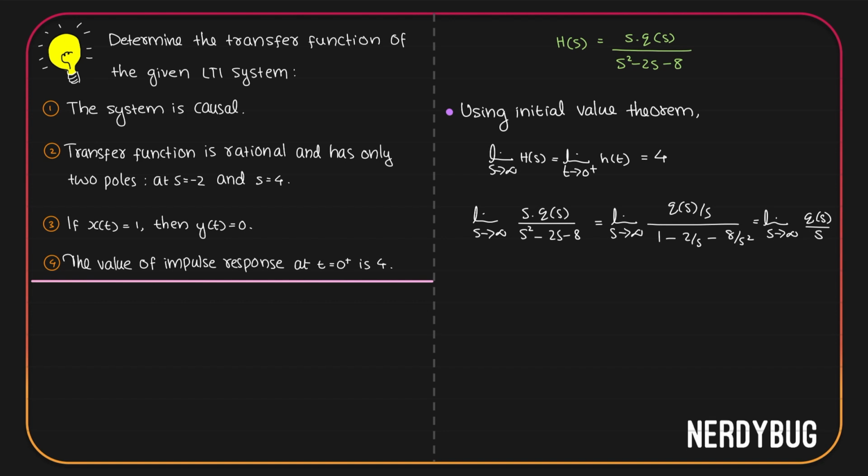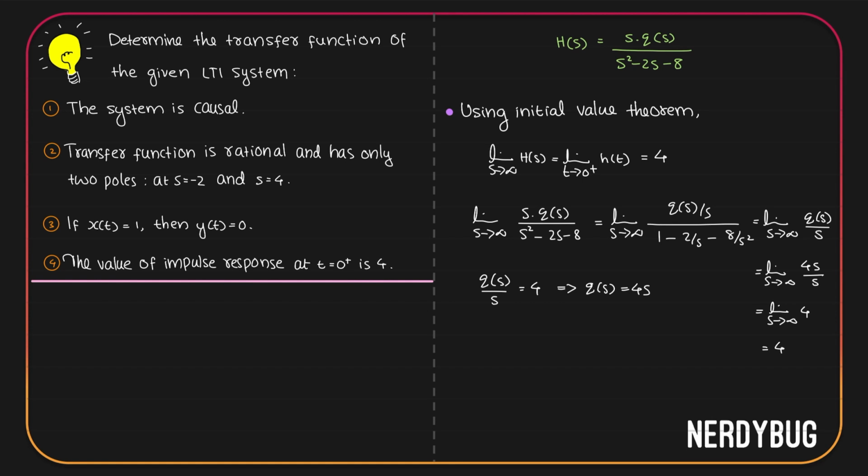And according to the question, this is supposed to be equal to 4. We want Q(s) divided by s to be equal to 4. That means Q(s) is equal to 4s. If Q(s) is 4s, the limit will look like this. Limit s tends to infinity, 4s divided by s, and s gets cancelled. So we get limit s tends to infinity 4. 4 is a constant, it doesn't depend on s being infinity or not.